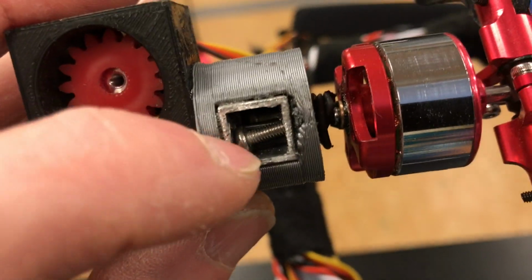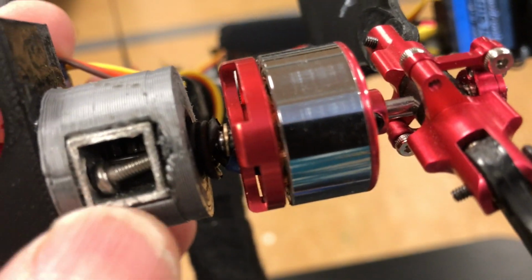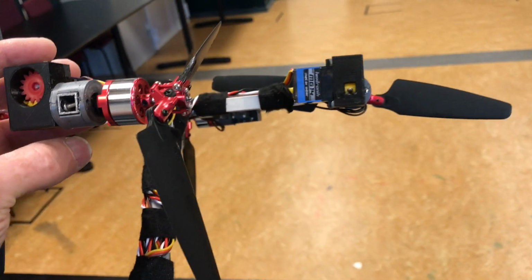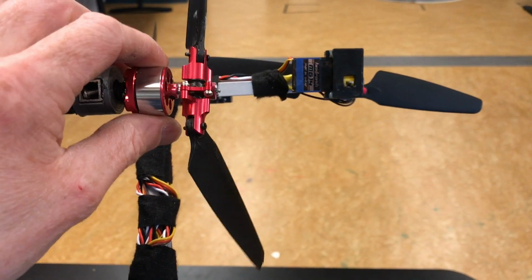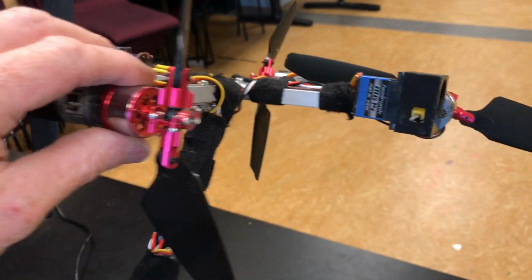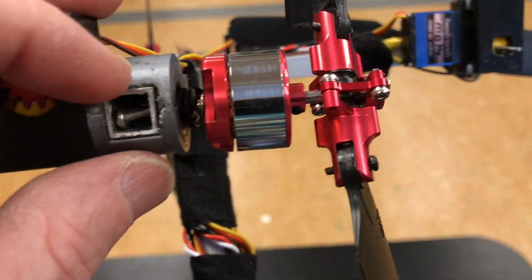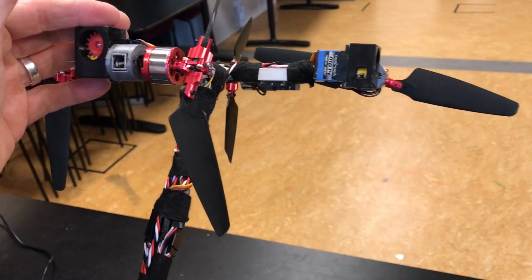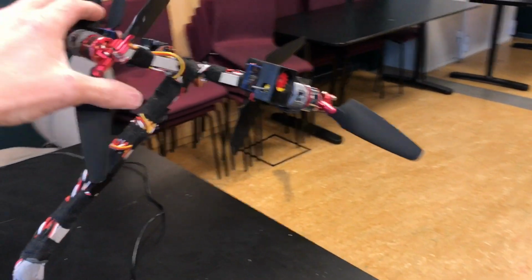That's bad. So I have not been checking for how loose or tight the screws are. I've been checking the mechanism itself, but I haven't been checking on these screws, and this might be the cause for the sudden sideways, because this is the sideway propeller that controls the yaw, roll, of course, and yaw also, but roll together with the motor over here. So this might be that it came loose and started to spin the whole motor instead of the propeller. I hope that is the culprit to the